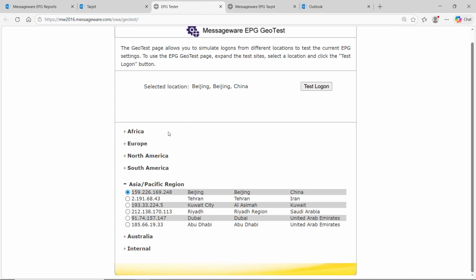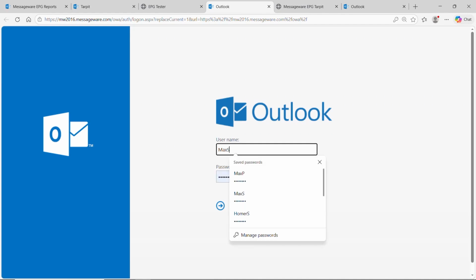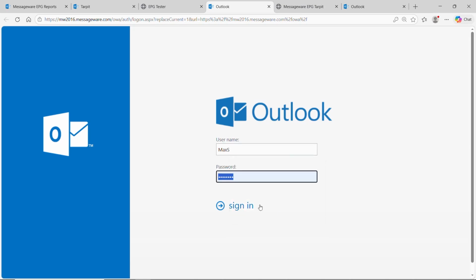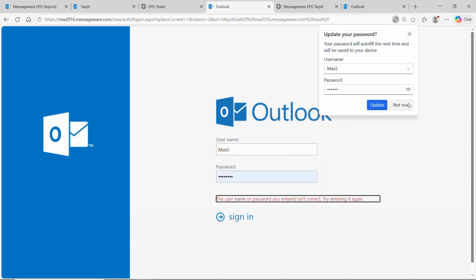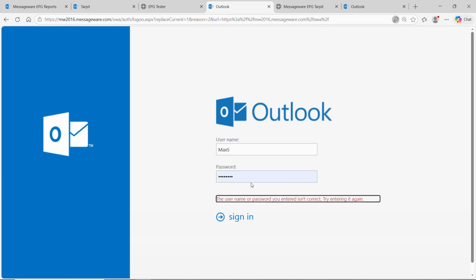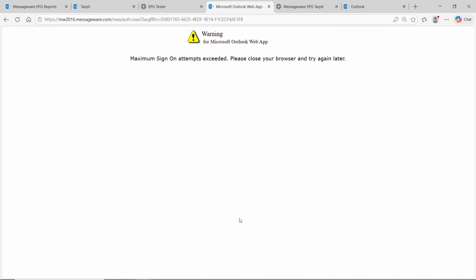So typically what happens next is the hacker will switch IP addresses, they'll go somewhere else, and they'll come back with a different IP and try to start password guessing again. So again, we'll use the same user account. And we'll do the same thing again, we'll put in incorrect passwords using the IP address based in Iran. And once again, you know what's going to happen after 3 attempts. EPG has locked out that IP. We've successfully isolated that user from that Iranian IP on OWA, and we've said no more activity. We've essentially stopped an attack from reaching the Active Directory failed login threshold that would lock the user out of everything on the network, not just Exchange Server.